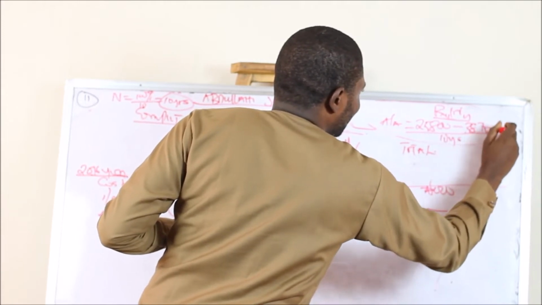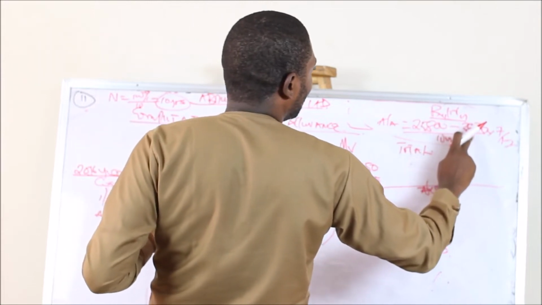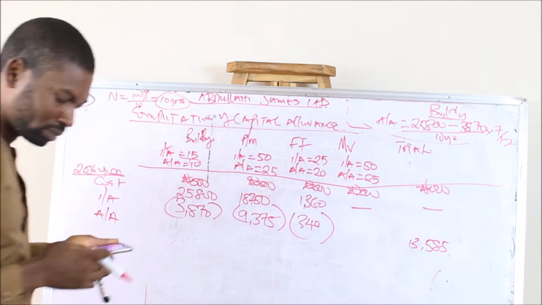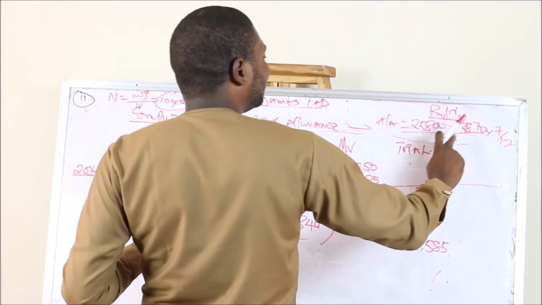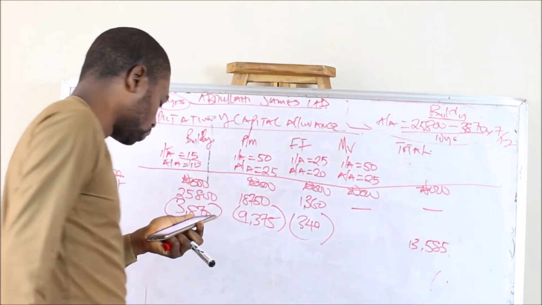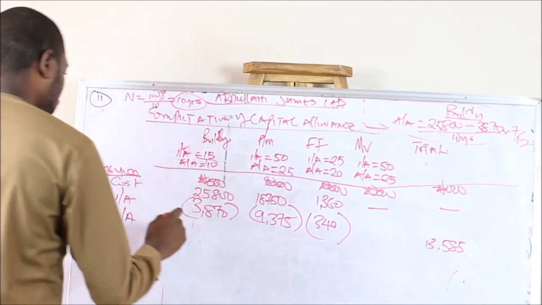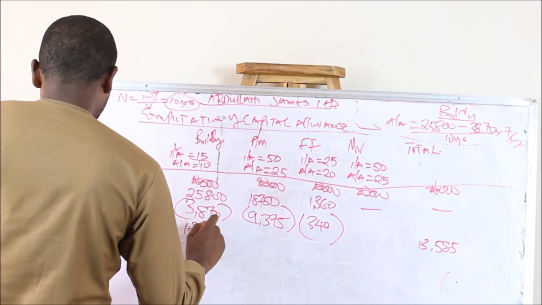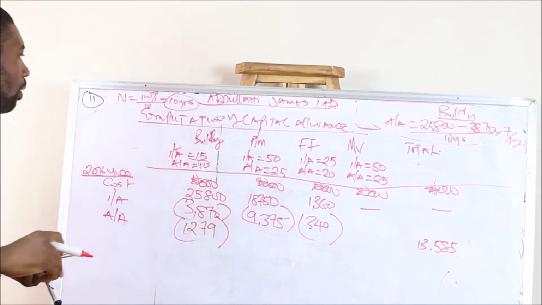So remember we say times 7 over 12. So if you say 25,800 minus 3870, divided by 10, times 7 over 12, it's going to give you what? Press your calculator and see. This minus this, whatever you have, divided by this, times 7, divided by 12, is going to give you the annual allowance. And our annual allowance for 7 months is going to be 1279. So that's going to be our annual allowance for the building.